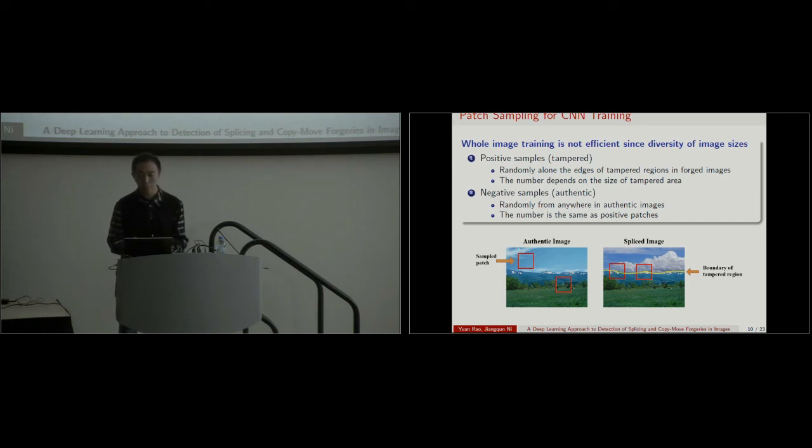The patch sampling is very necessary because the images in the data set are of different sizes. So we need to sample a small-size patch